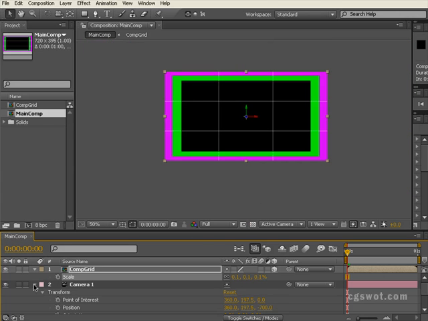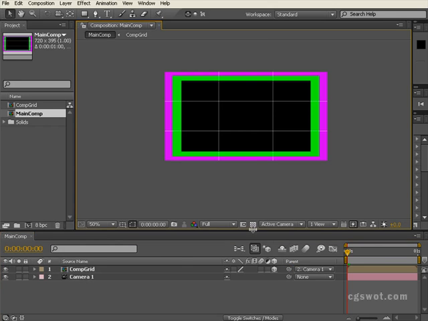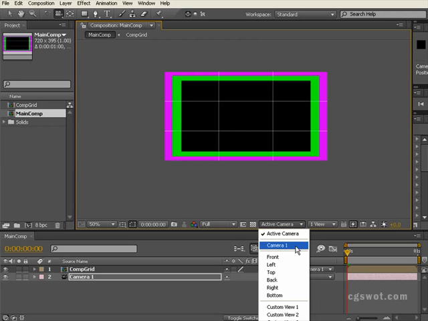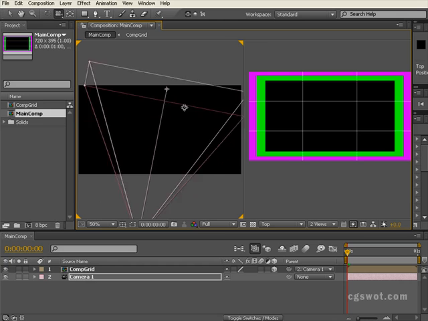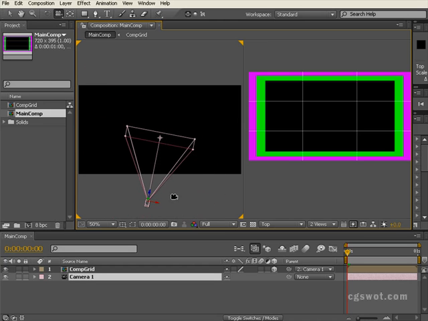And now all we need to do is link or parent the comp grid to the camera. And then it doesn't matter where we go with the camera. If I go into camera view here and start to move the camera around, we're moving, we're arcing. I can bring up two views here, and you'll see that I'm moving the camera around